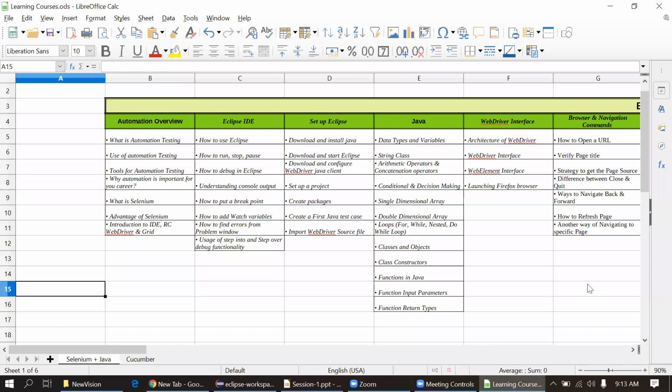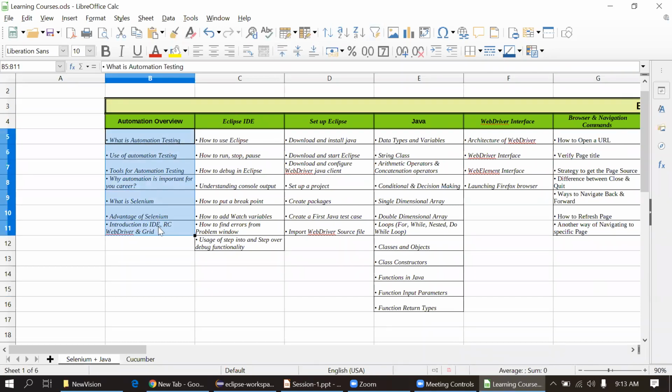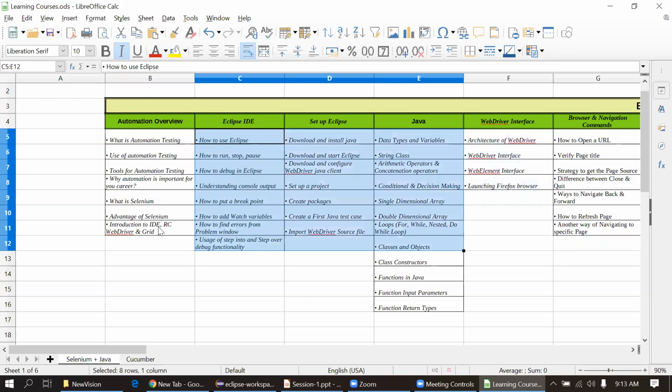Okay, so I'm going through the course that we are going to cover. This is basically today's portion that we have covered, the automation testing overview. Then we are going for Eclipse. Eclipse needs to be understood fully to debug the code as well. In future, if a test case fails at some point, we can put a debug point and see where the actual failure is. This is also an important skill, which is why I included the Eclipse setup and Eclipse IDE content in the course.